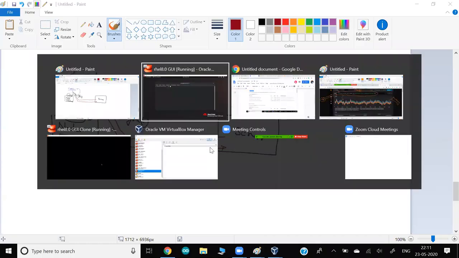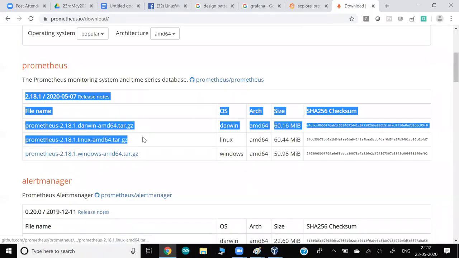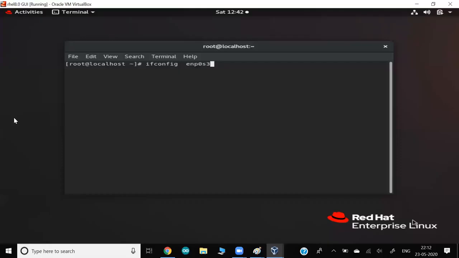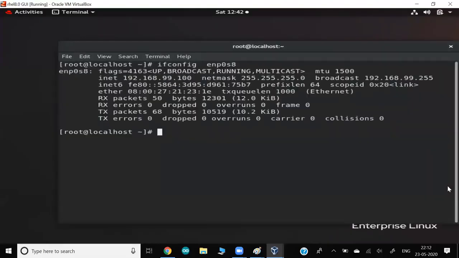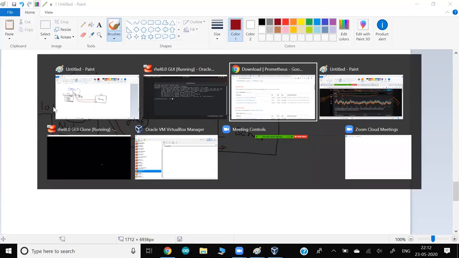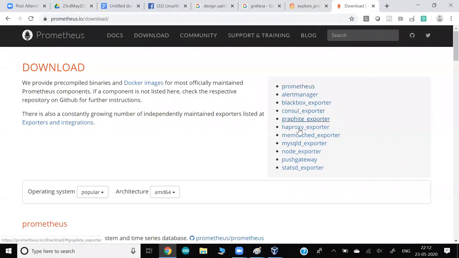That is the reason if you go to the same Prometheus site, this is the software I am downloading. This software is for the Prometheus server that I am installing on this particular IP address, IP 100. So IP 100 in my case would be the Prometheus server. But this is the other VM I have, 101. Here I have to install one agent program, and for the agent program, you will see here the name exporters.